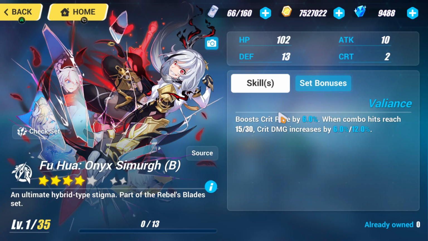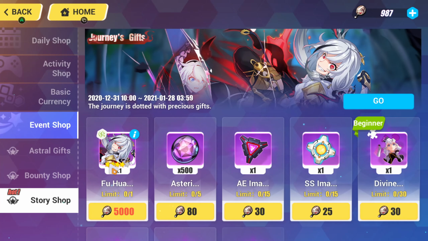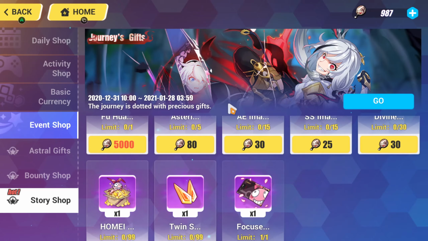And this one is actually pretty good for a free stigmata. Like 6% crit rate, and then crit damage at 15 and a 30 hit combo, and they scale up as you level her. This isn't half bad if I'm being honest. So yeah, this is not a bad stigma to buy for free to play. So definitely get your hands on her. After that,